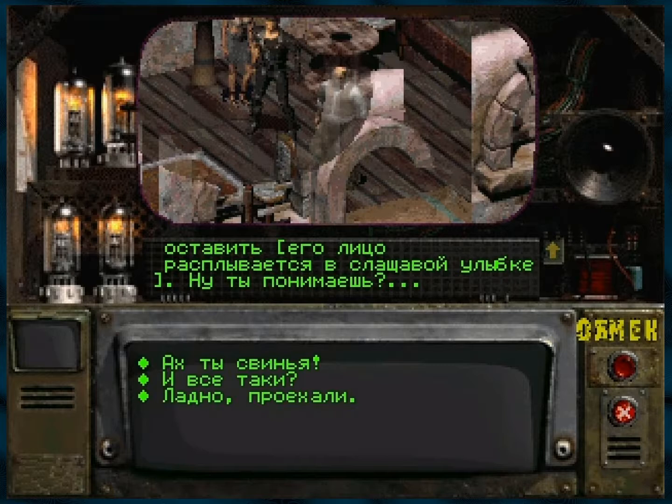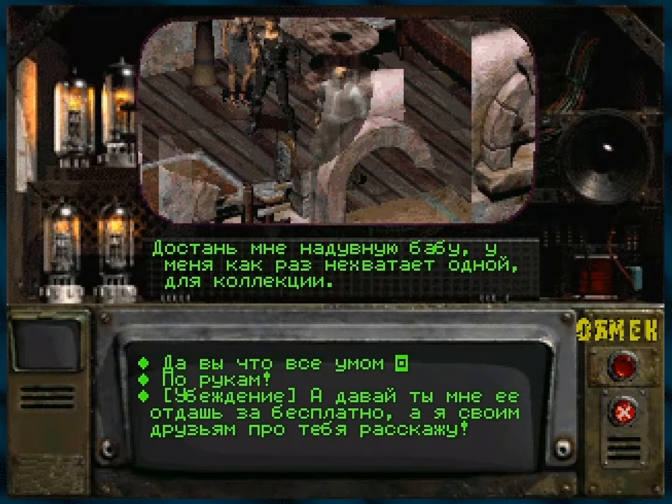Well, you understand, right? And the options are, oh, you swine. Second one is, okay, but still. And the third option is, yeah, okay, whatever. I guess I'm going to go with the second option if I have any hope of actually completing this deal.